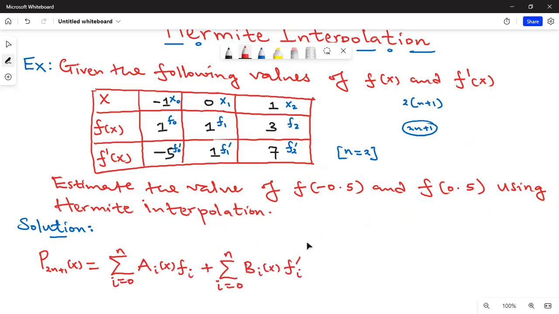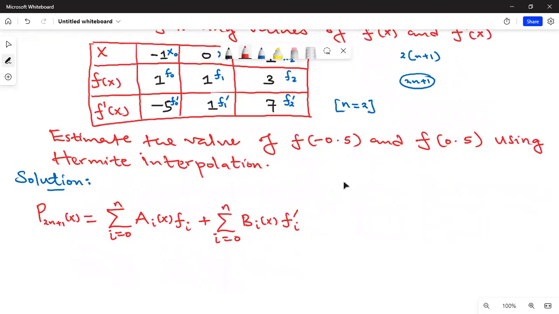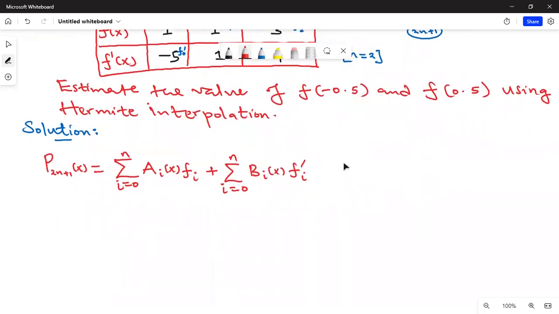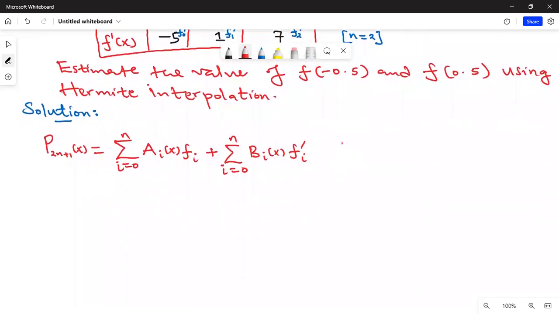So this is the Hermite interpolation polynomial of degree at most 2n plus 1. Now, what is ai of x and bi of x? You can just say that where